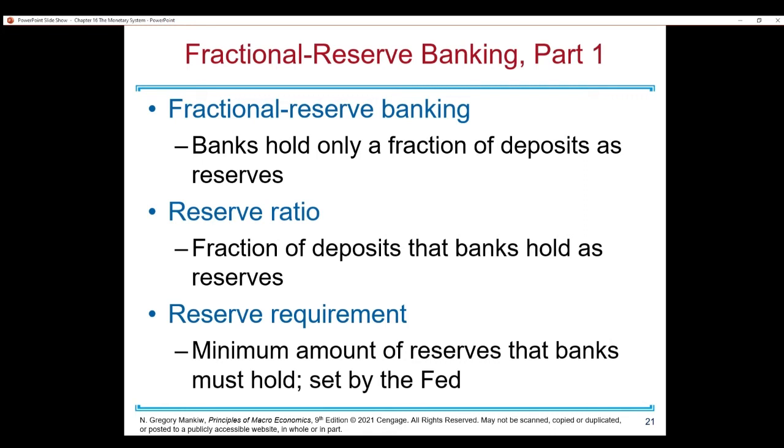Now the bank needs to keep some of the money in its reserves in case anybody comes and wants to withdraw it at any given time. But they don't need to have it all readily available. The fraction of total deposits a bank holds as reserves is called the reserve ratio. So if they're lending out $90 of the 100 you gave, the reserve ratio is going to be 1/10 or 10%, because they're only holding 10% of your deposit, or a tenth of it, right?